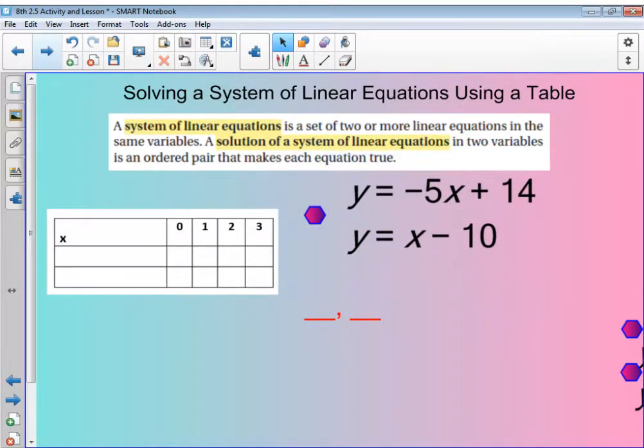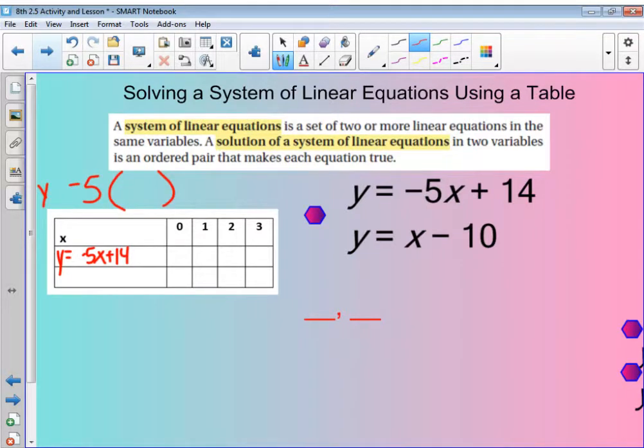Okay, so kind of a complex equation. What I would highly recommend is writing out your equation and substituting in. So here's the first one. y equals -5x plus 14. So -5 times your x plus 14. Okay, and then your other equation is y equals x minus 10. So if I write it really big,